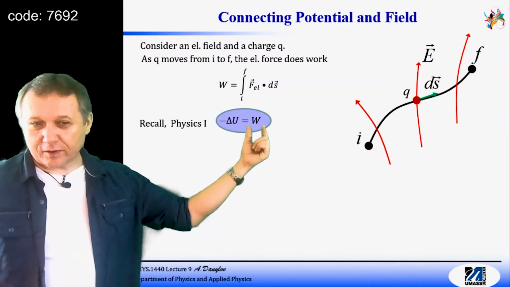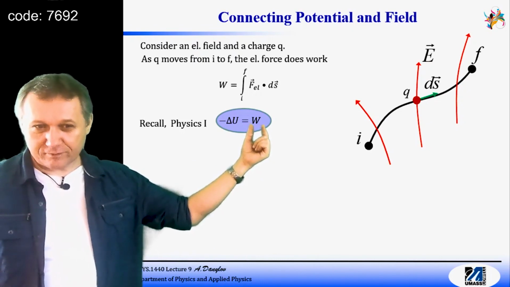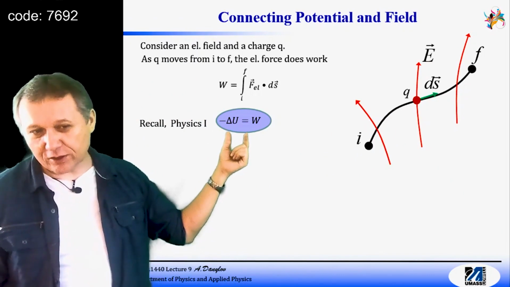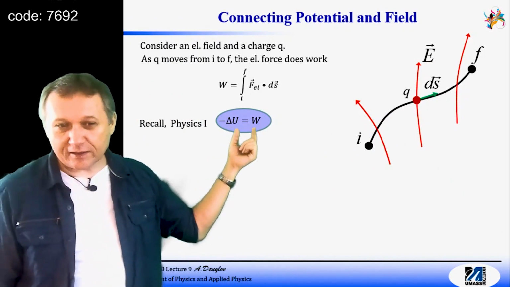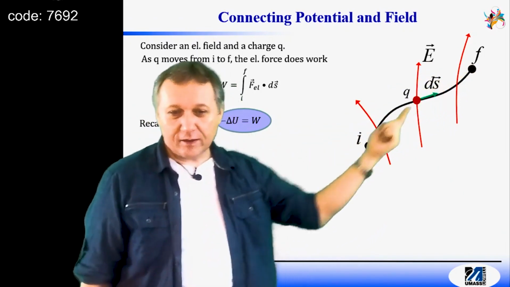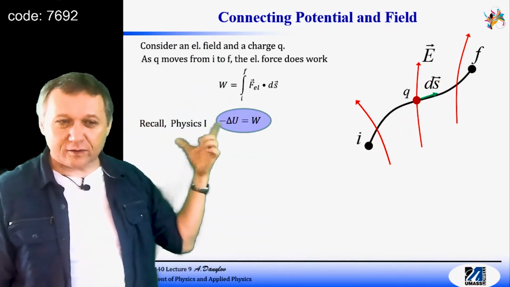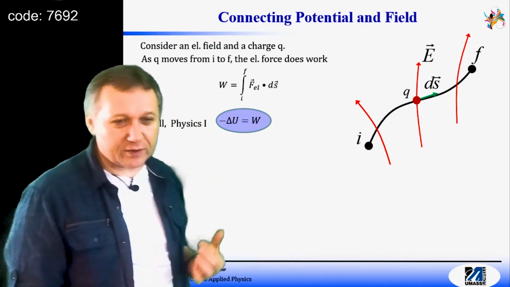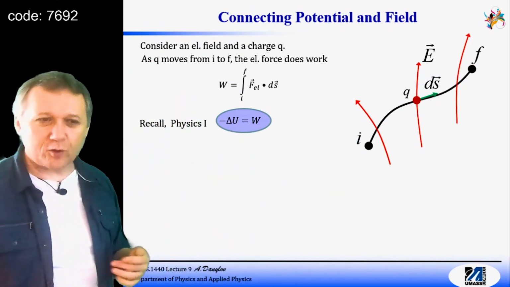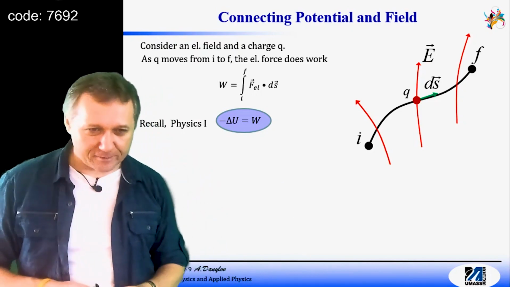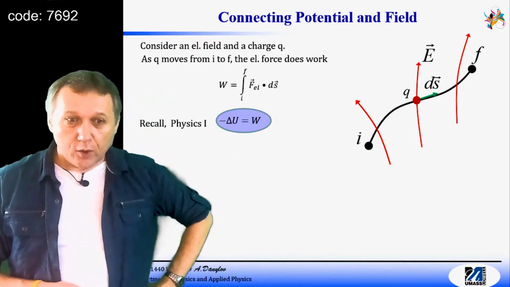You remember, work done by a conservative force as an object moves from the initial to the final point equals the negative change in the potential energy. Basically, delta U, it's U final minus U initial, and minus in front, right? You used it in Physics 1, and we used it two classes ago when I derived potential energy over charge inside of the capacitor. I used this expression. Okay, so now